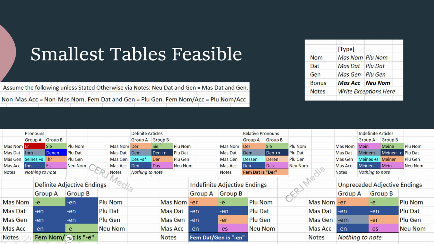This is only two groups. We have group A and group B. And this is what it looks like, right? We have the masculine dative, genitive, and nominative on the left, as well as the masculine accusative, and then we have the plural nominative, dative, and genitive on the right, as well as the neuter nominative. Then we just write down the exceptions here because in a lot of the instances, the feminine